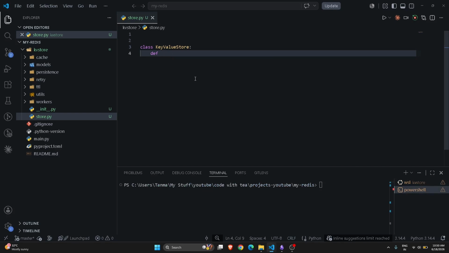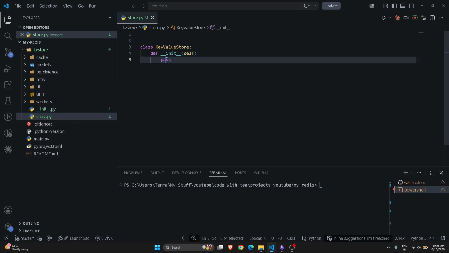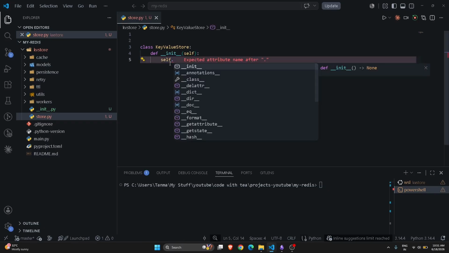Why am I not getting suggestions? Yeah, init. Okay, there's an update here, I think. I'll do that later. Okay, now here what I have to do is, first we have to create an empty